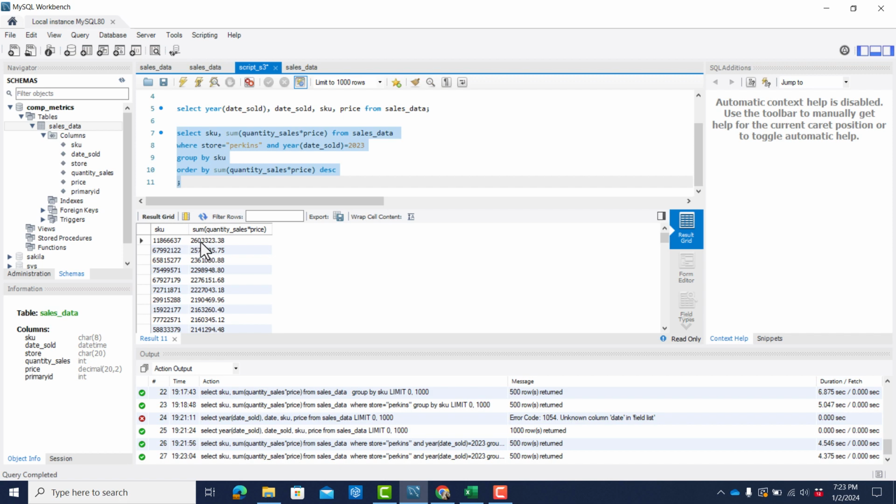Okay, this looks like it works. So the total revenues are right here, and they do go down. And so the SKU 118-66637, at least for the Perkins store in 2023, generated the most revenues of any other SKU. Of course, it's 500 of them here, so it's pretty long, but certainly